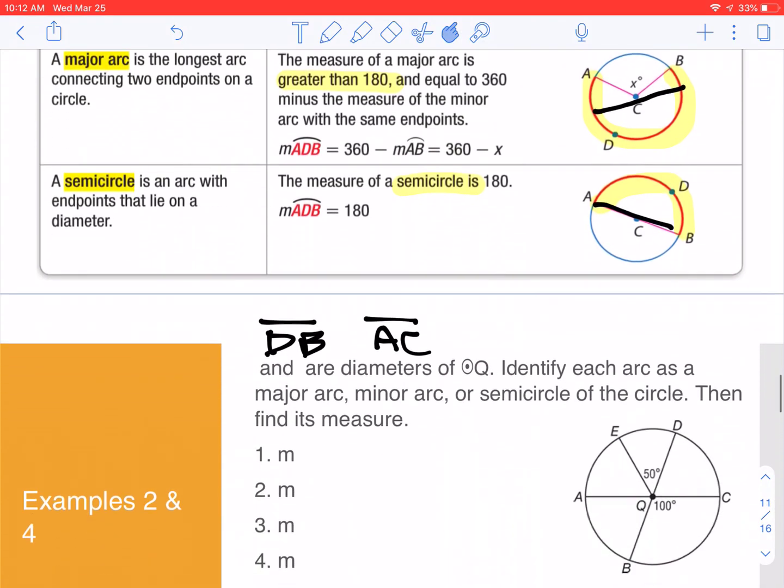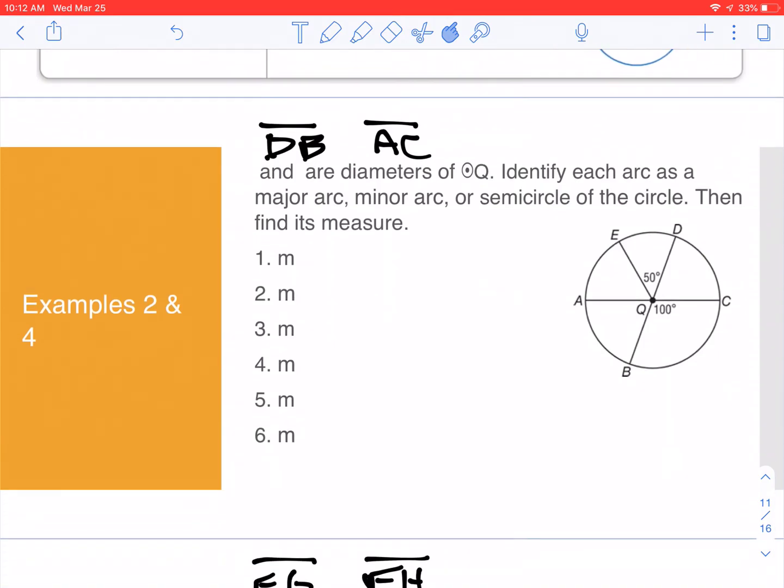So now in our next set of problems, all we're going to do is name each arc. Okay? So this takes a little bit of time. I'm sorry for the formatting here. This M somehow showed up. So we're just going to ignore the M's for right now. And I'm going to try something here, see if I can cut these out. No. Not what I wanted to do. Okay. Anyways,